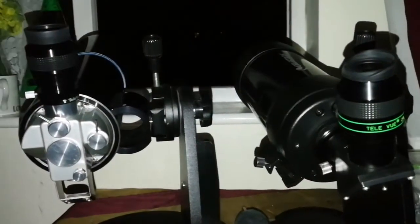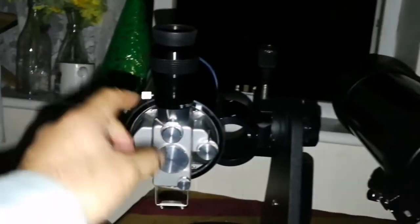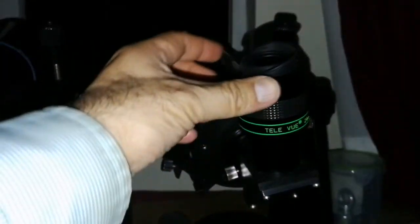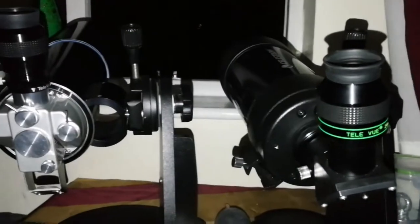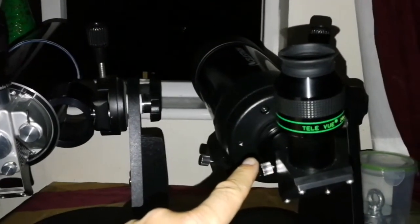Okay, both of them now have cooled down. I'm using the 24 Panoptic and Nirvana 16 on this, and I can see now that they have acclimatized well. Both of them probably don't have much convection inside the tube of the telescope, and this one is sharper now